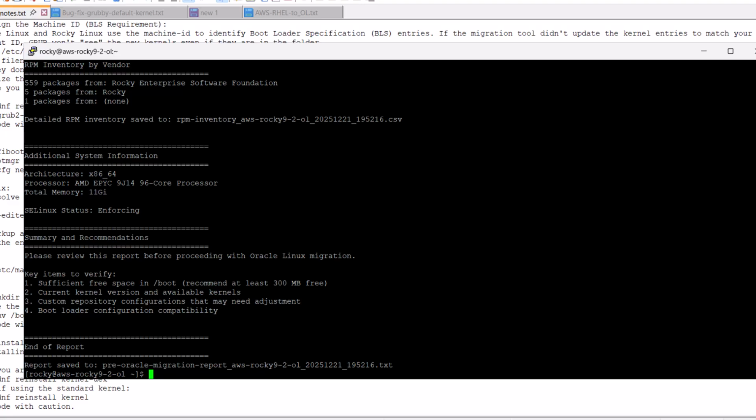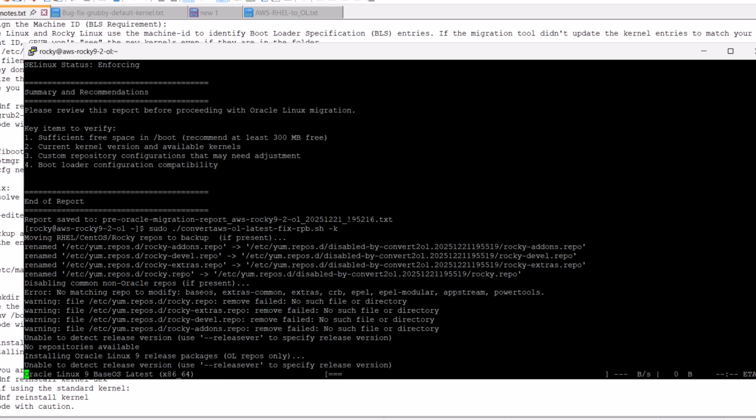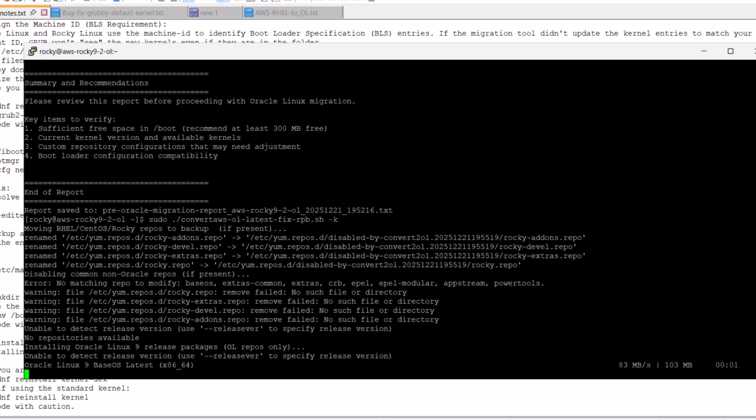And to do that, I'm going to do this without installing the UEK. So run it with sudo. That's the script. And I'm going to put the -k, which is going to not install the UEK. So this is just going to install the Red Hat compatible kernel. So we're going to let that run, and then